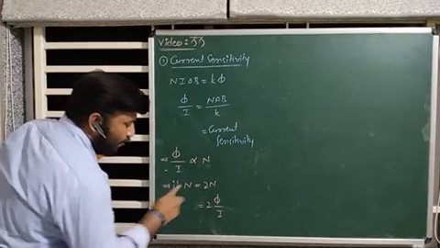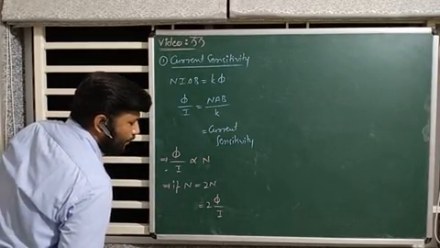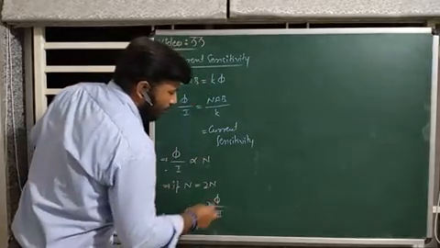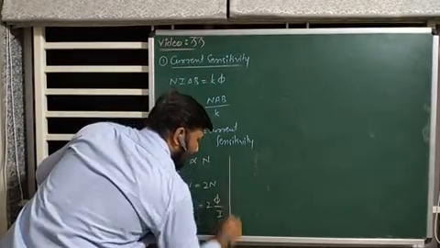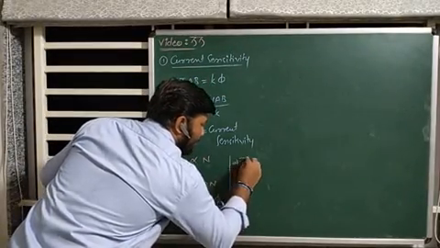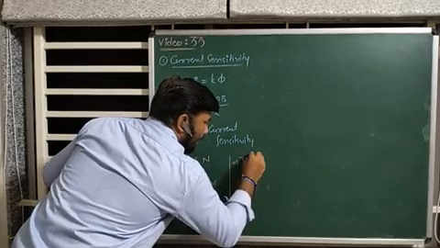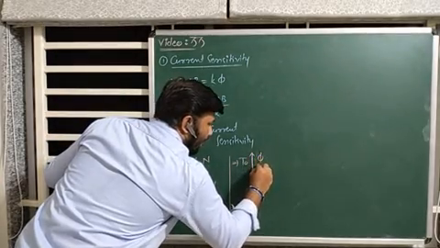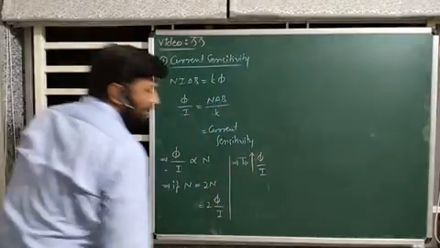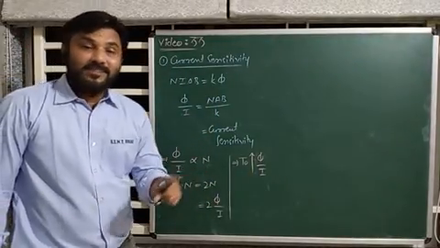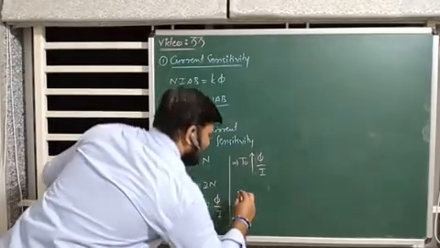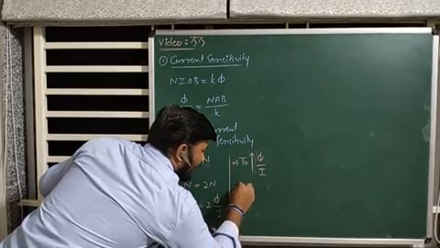So from this equation it is very clear that to increase phi by I, that means to increase current sensitivity, what to do? Increase